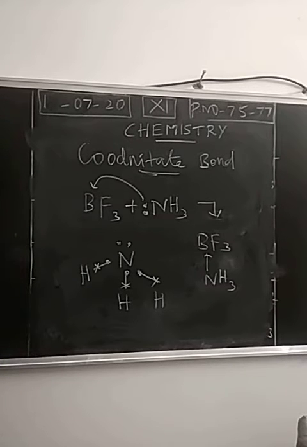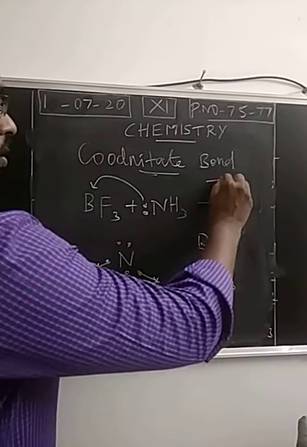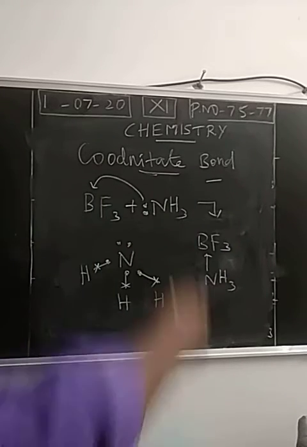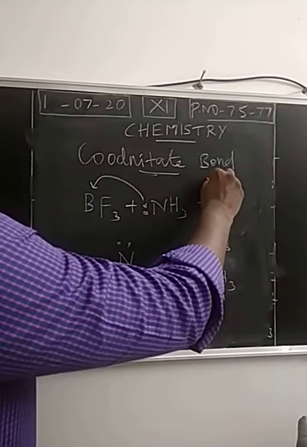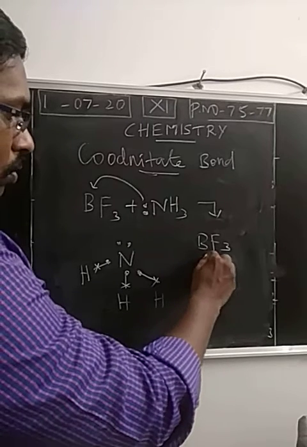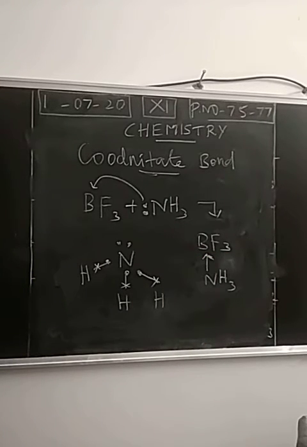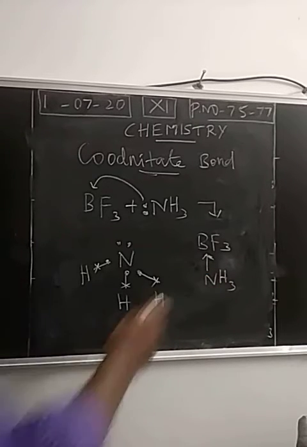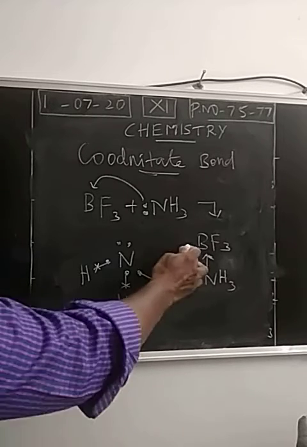Usually a covalent bond is indicated by what symbol? A hyphen, right? The covalent bond is indicated by a hyphen, which represents that for one covalent bond, 2 electrons are present. This is due to mutual sharing of electrons. But for a coordinate covalent bond, we use an arrow mark. So this arrow mark indicates electrons are transferred from which atom into which atom. So the nitrogen atom donates a pair of electrons to boron.